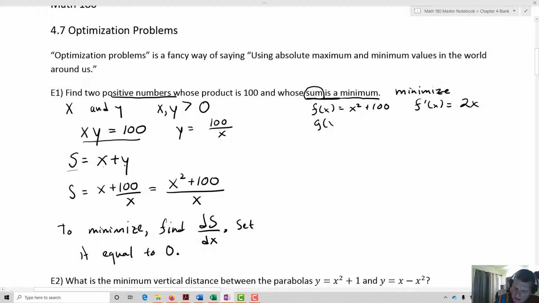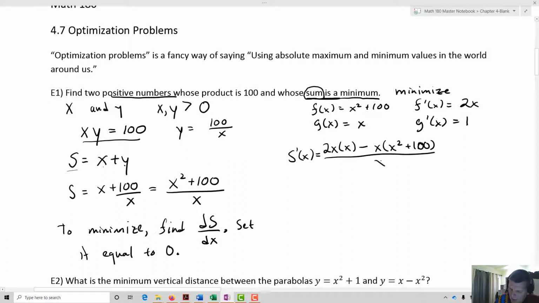Then I'll have g of x equal x, and g prime of x equal 1, because we're going to be utilizing the quotient rule. So that gives me 2x times x, this is going to be S prime of x, minus x times x squared plus 100